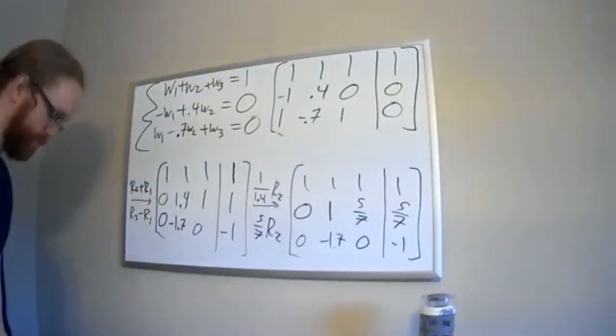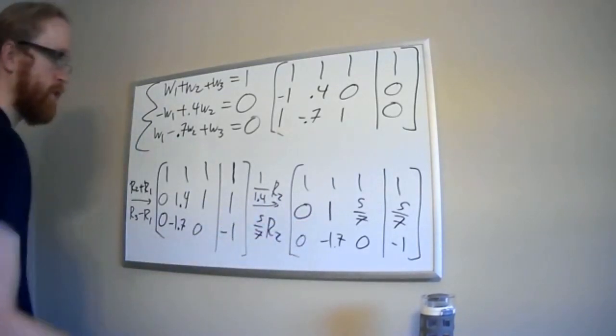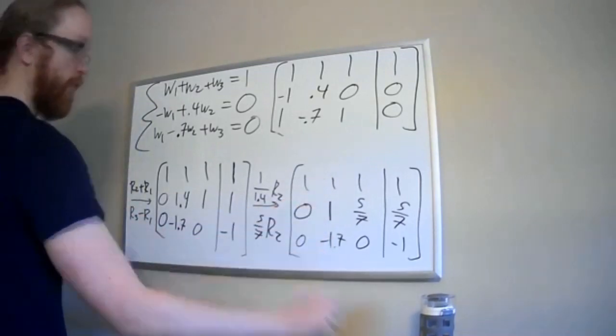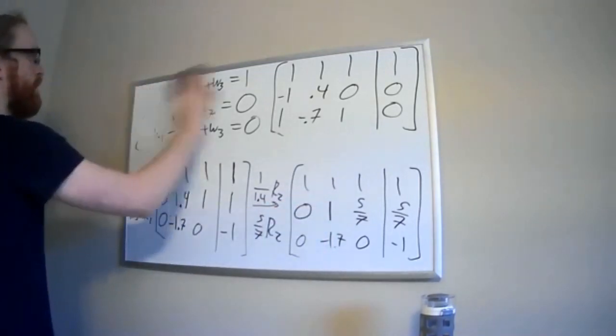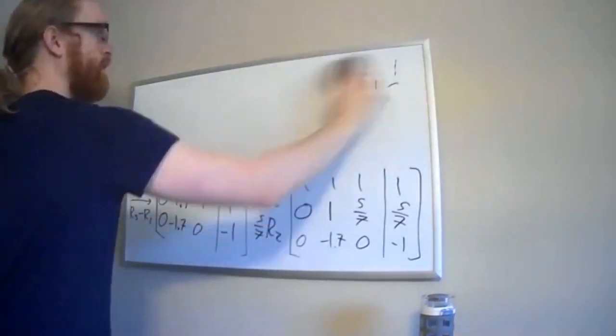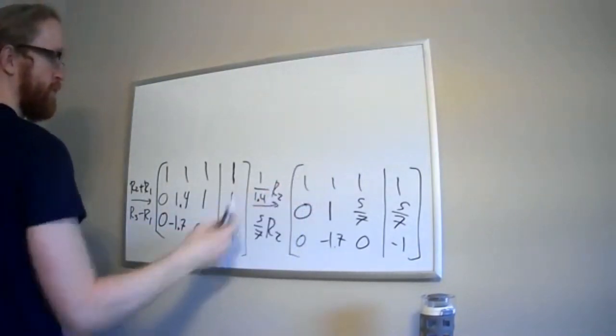And so here's my matrix. I have this leading 1 here that I want. Now I'm going to use it to kill these guys. I need a 0 here and a 0 here. Now, getting the 0 in the top row is easy because I have 1 and 1. So I'm just going to subtract